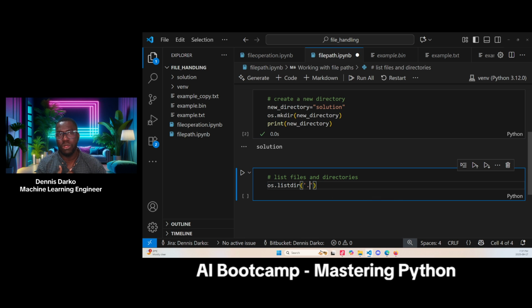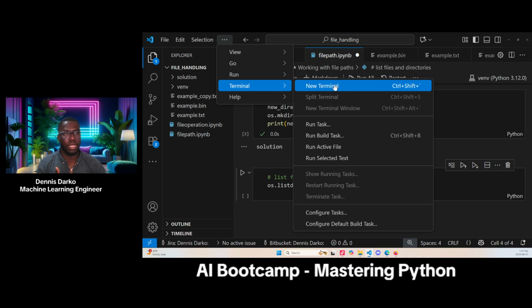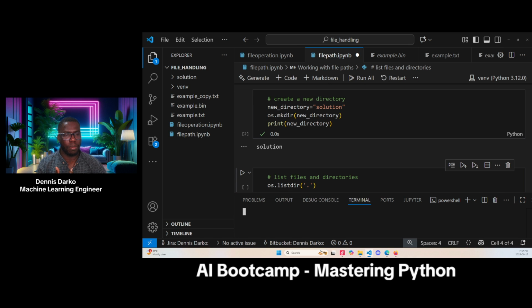It's like you are on the command prompt, and you write a git command to say git status. So for instance, if I come here and I use a command like, let's say